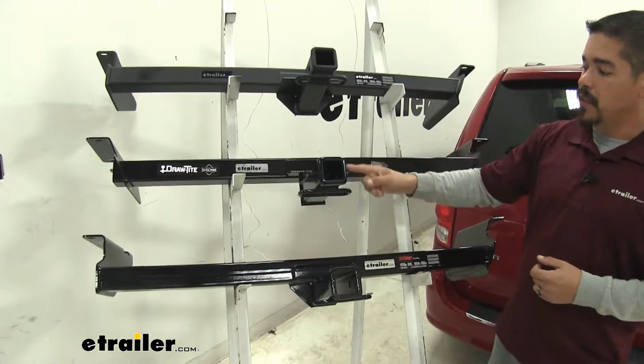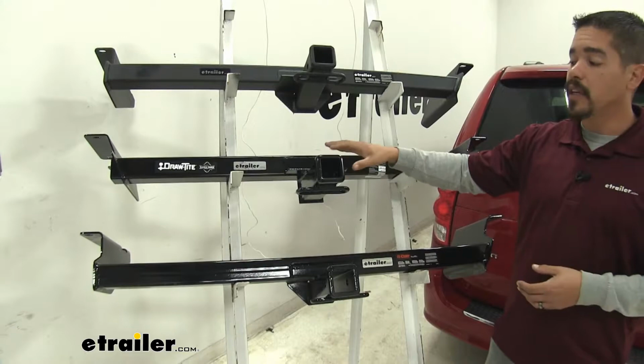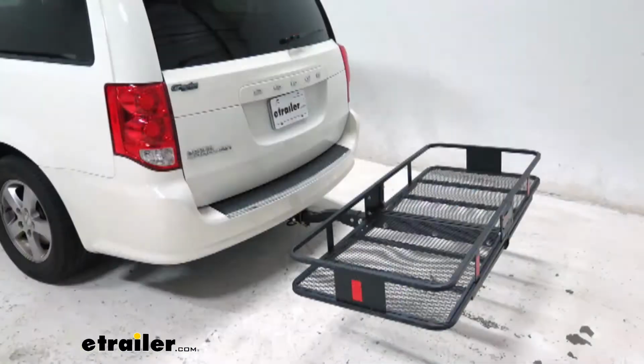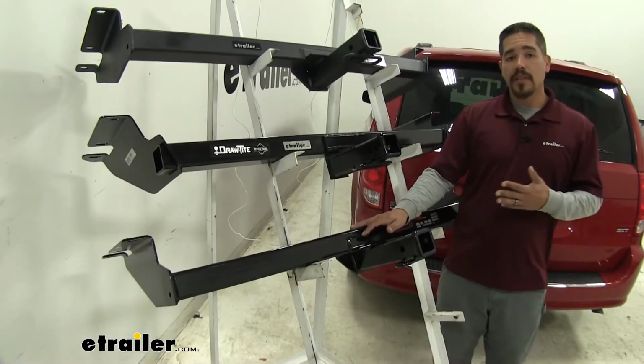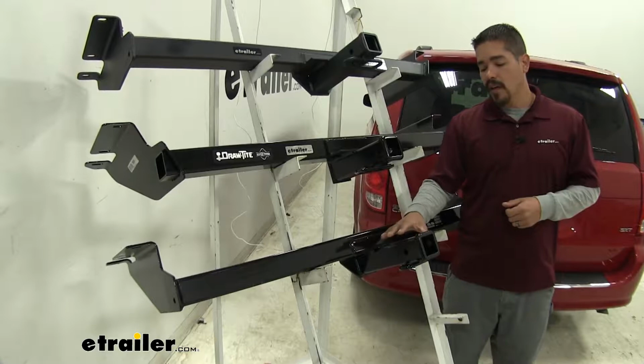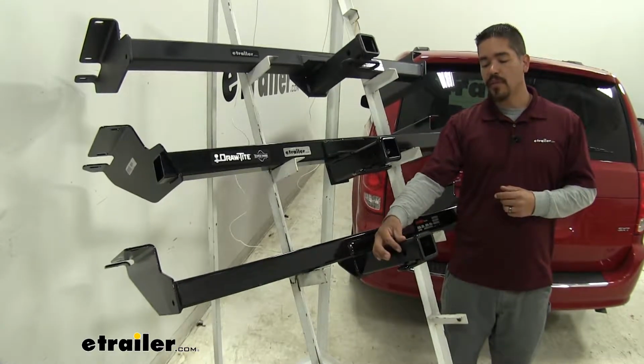Since all of our hitches are going to be a Class 3 hitch, they're all going to give us that 2-inch by 2-inch receiver tube opening and have a lot of different accessories available that we can mount in them, all the way from a ball mount, a bike rack, or even a cargo carrier. Now regardless if you're towing and using a ball mount or you're just using it for a bike rack, all of the accessories going into each one of our hitches is going to use a standard 5/8 pin and